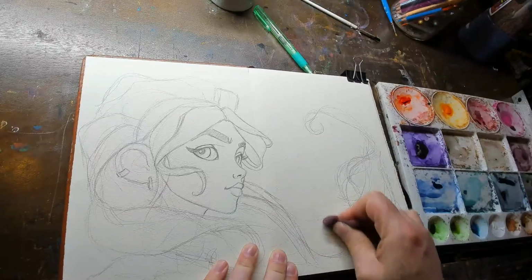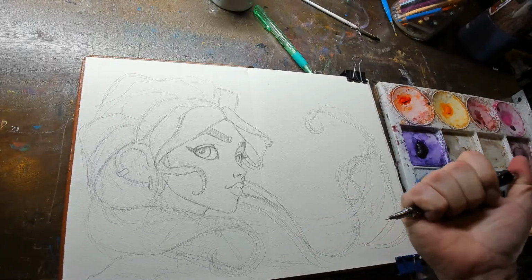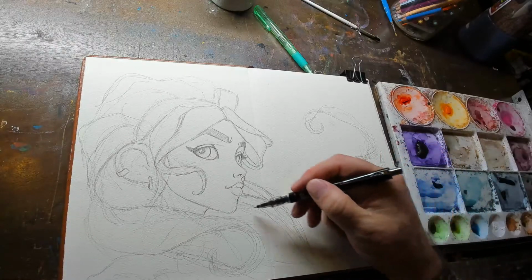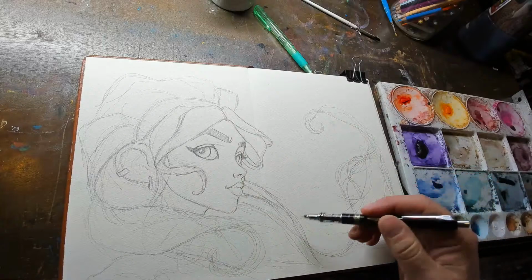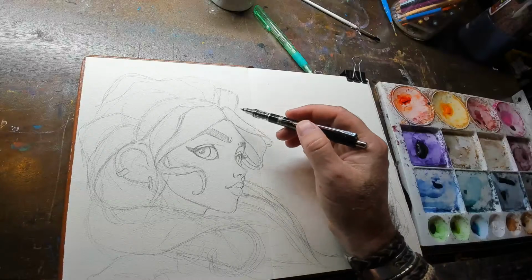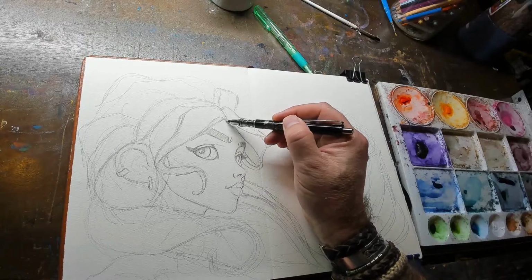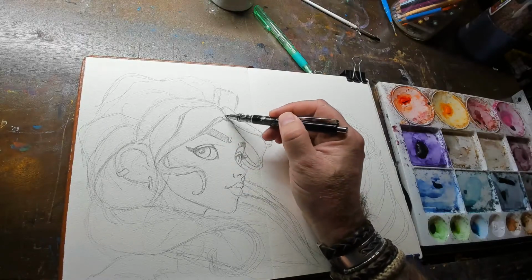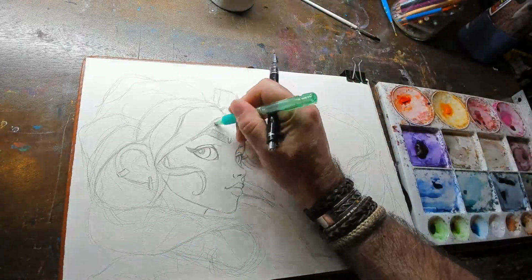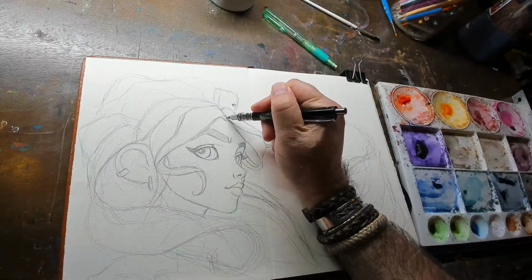So it's kind of like you're looking at the flow of water. Oh. So I'm trying to see how, like, where's the tension. You don't want abrupt stops. See how this is kind of flowing around like that? That's what you're looking for. Like right here, I think I want this to kind of go like that a little more. Which means I'm going to get rid of that. But I think it would be kind of nicer if it's got...